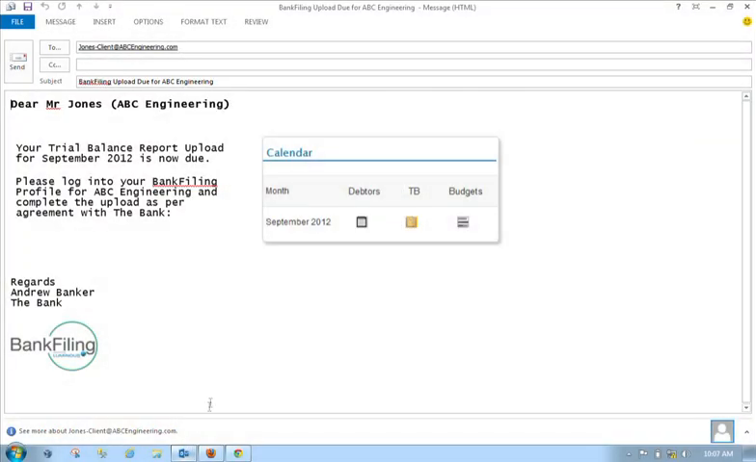Andrew, if you'll show us. So the first reminder that a customer gets is on an email. In this case, it's ABC Engineering. You can see on this reminder that they're due to send a trial balance to the bank. So the business logs into bank filing